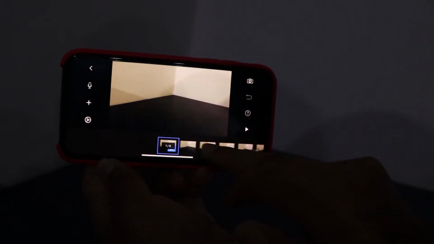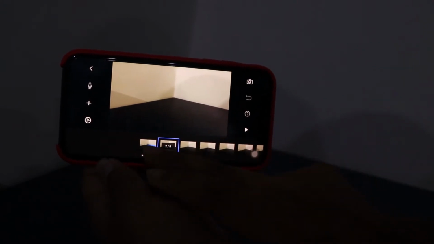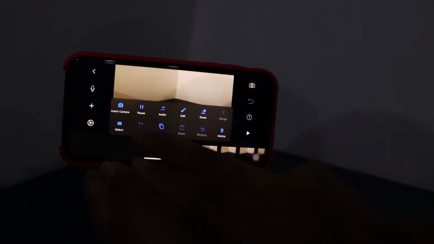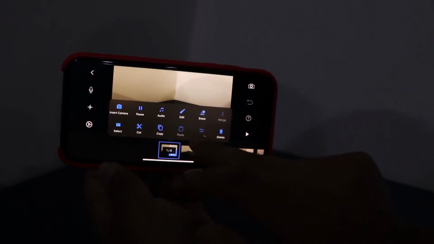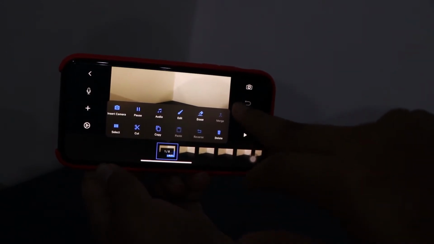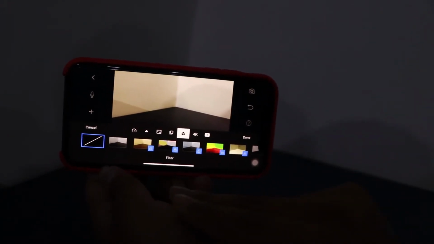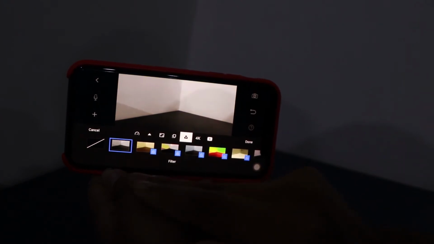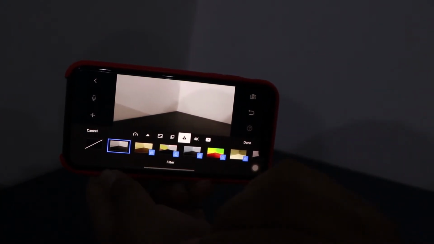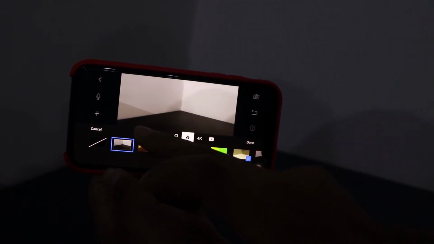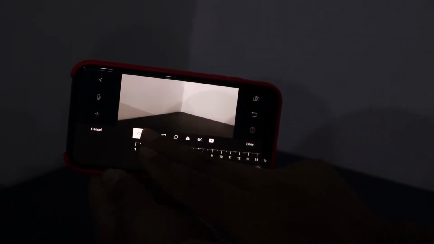In a similar way you can record the sound and you can edit the frame. Here you have options to add audio, insert camera frame, select, cut, copy, delete, erase. You have many options for each and every frame. And then you have the settings, wherein you can choose different filters. Like this one gives a filter where in the starting you have a black screen, it opens from the black screen and closes at the black screen. Similarly, you can change the duration of each frame.